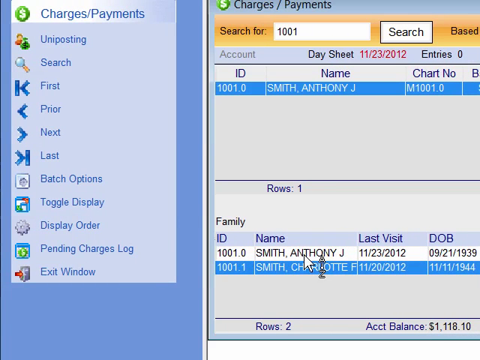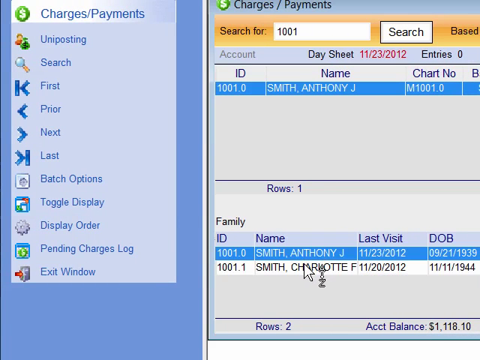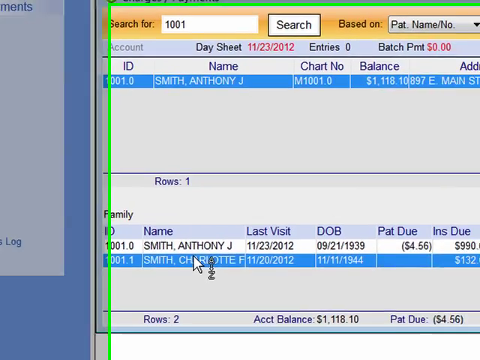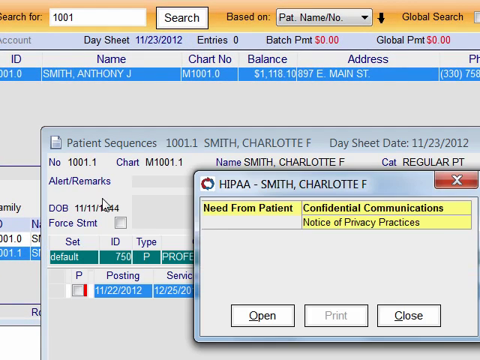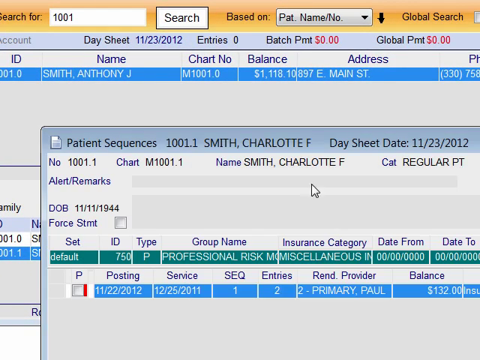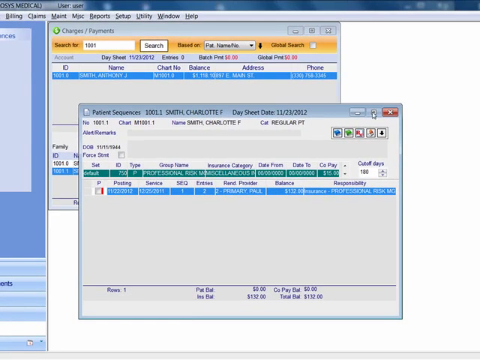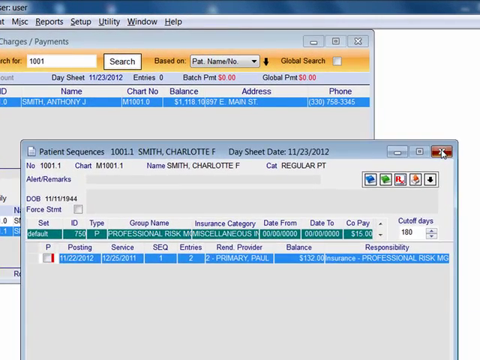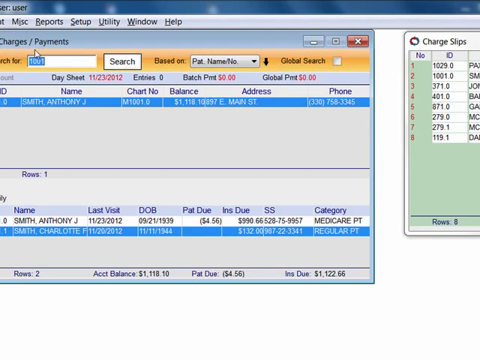If I wanted to select one or the other, I would simply, on the bottom half, double click on the patient name. It's going to take me in, and I know which patient I'm in by always reading my title bar. Now, when I'm ready to back out, I just close this window, or I can hit exit window. I'm going to hit the X, and it takes me back to my charges and payments